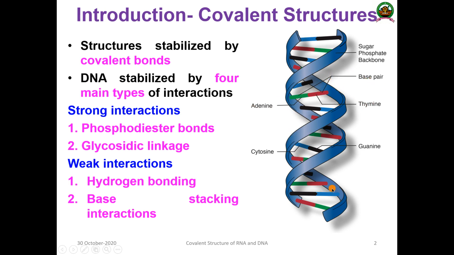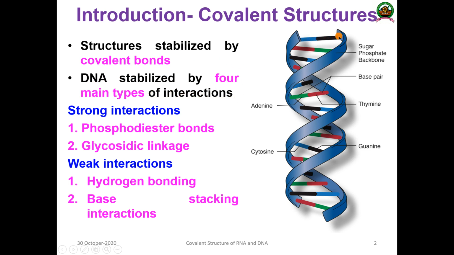This DNA is stabilized mainly by different types of interactions. Not only DNA, the RNA, as mentioned in the syllabus, is also stabilized by various types of interactions. Mainly the major covalent interaction, that is the interaction formed in the sugar phosphate backbone. In general, please don't get confused: in the syllabus they have mentioned covalent structures, but we are going to discuss all the major forces that stabilize DNA and RNA.